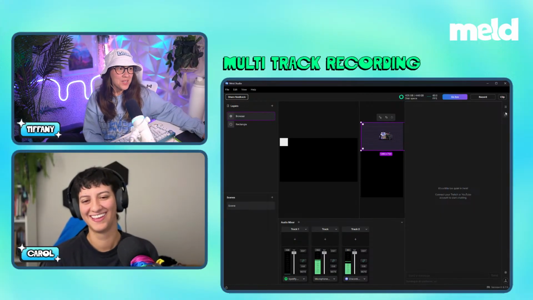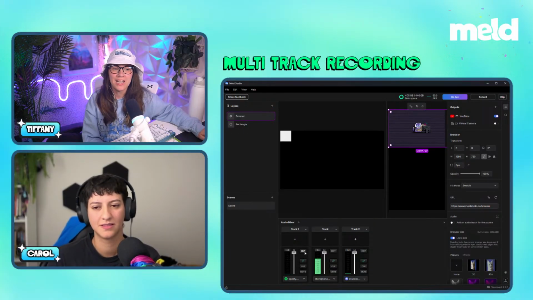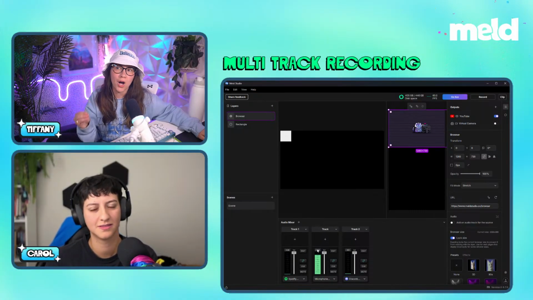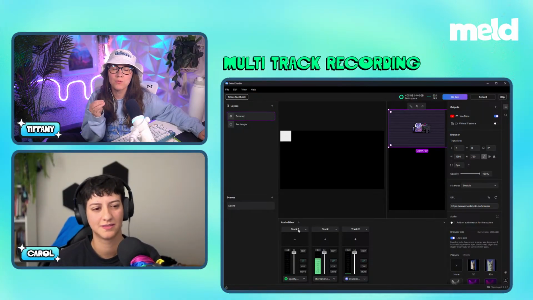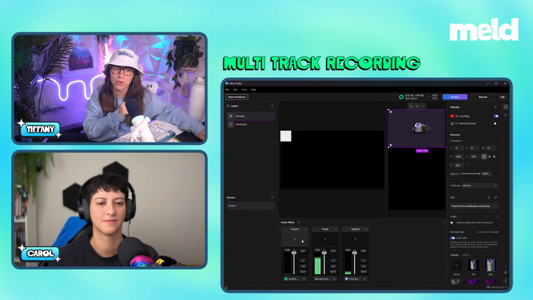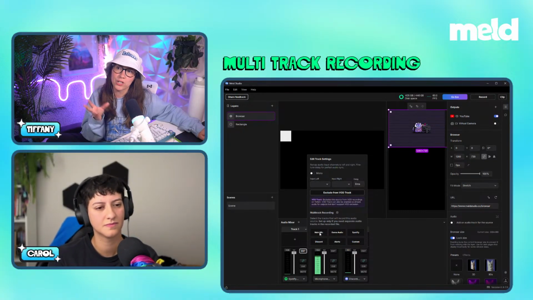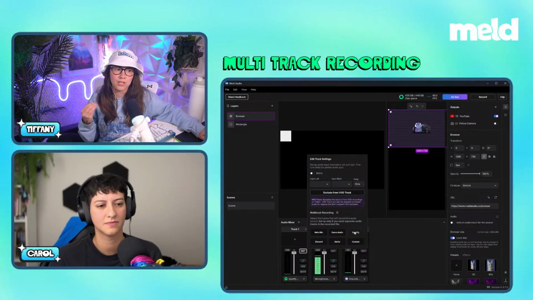Okay, so really quick, let's just go through the multi-track recording, speed run it. To set up audio sources to your tracks, you're going to come to the track of the audio source that you would like to set up for multi-track recording. You'll click this edit button. You're going to come down and select whatever track you want to include it on. So if this is Spotify, I would include Spotify on